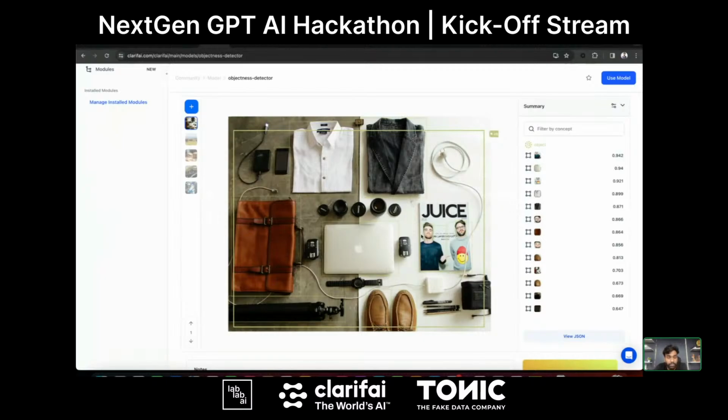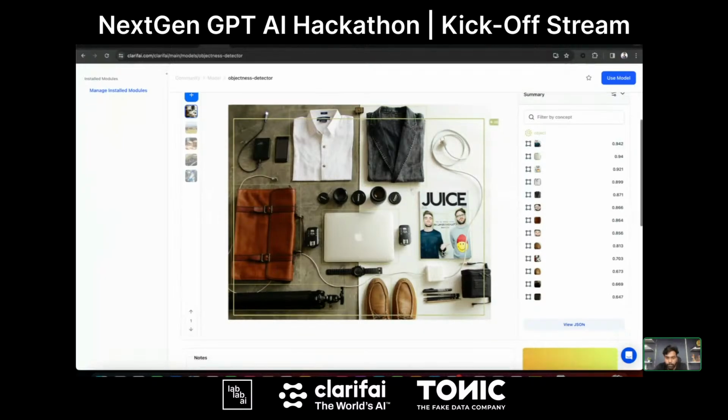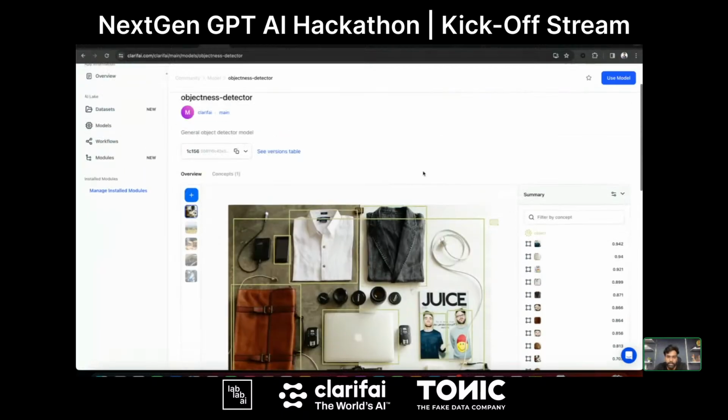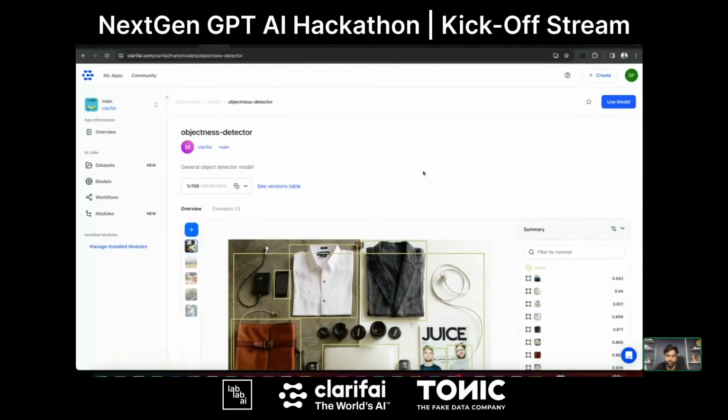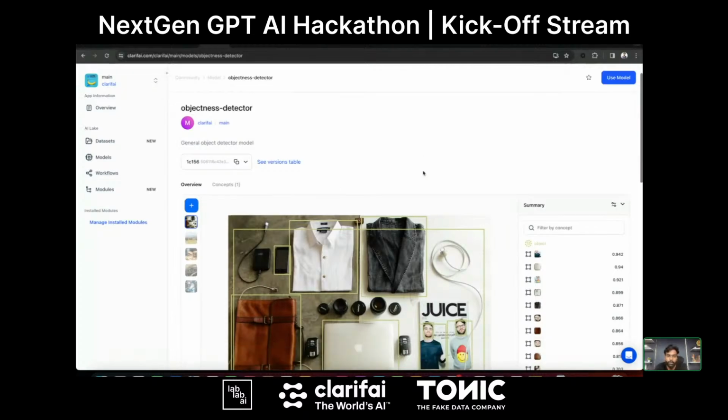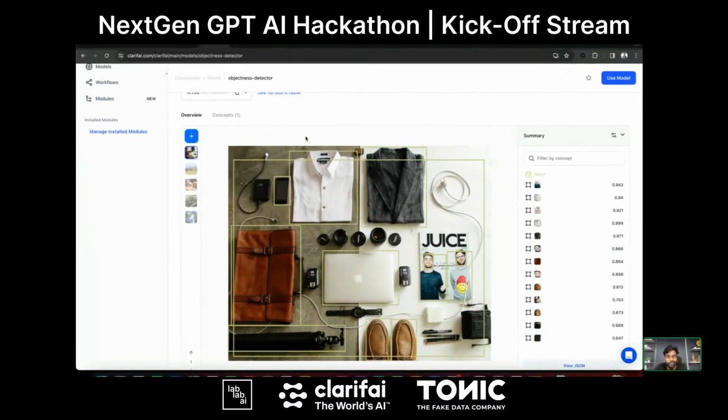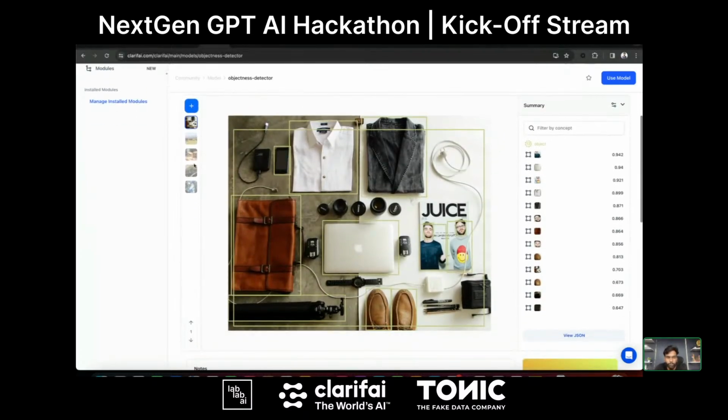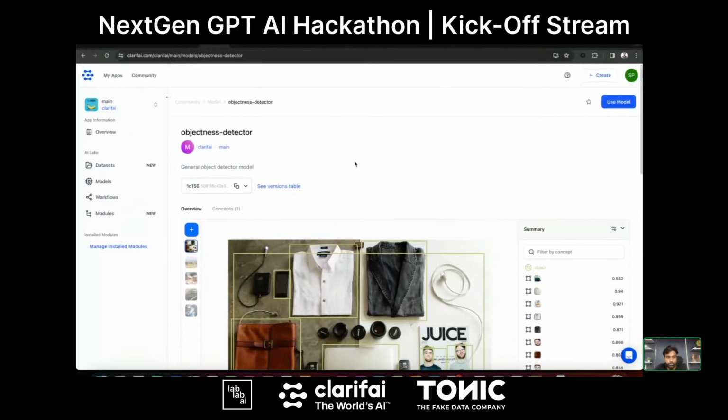Even in the book, you can see we have a couple of faces, and also we can see we have a watch and different objects, right? So this model detects the objects which are present in an image, not just a single object. It just detects all the objects that we have in the image. You can see there are a lot of objects, and it detects all the objects which are present in the image. And yeah, we're going to use this model for our use case.